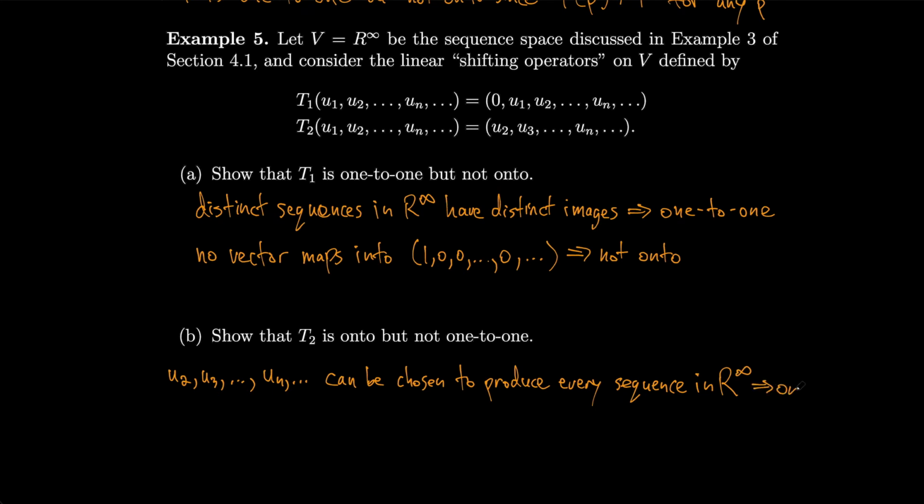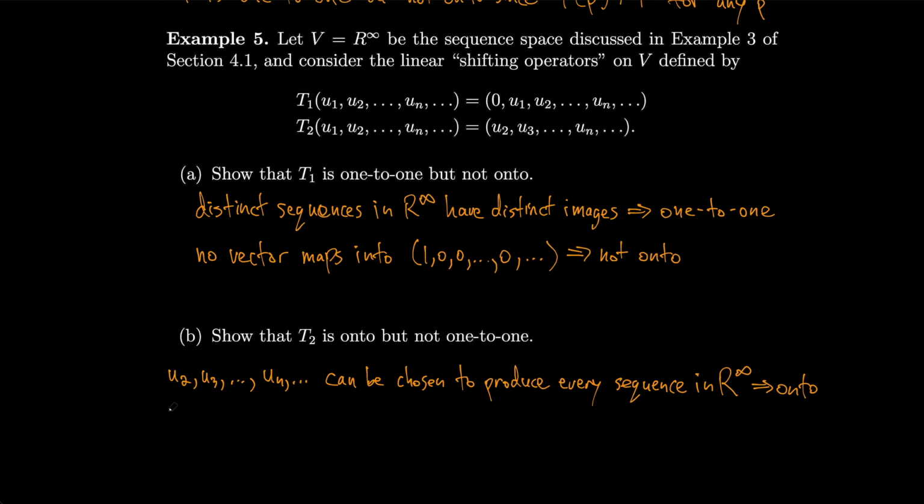So that means that T2 is onto. But to see that they're not 1 to 1, well, you could have two vectors that have different u1s, which makes them different vectors, and they could both map into the same one because you're losing